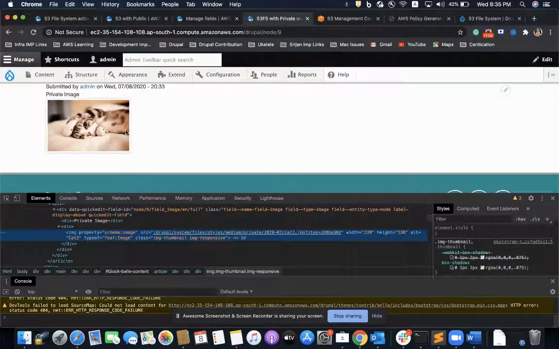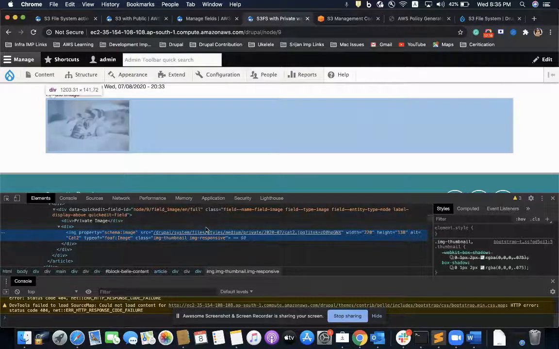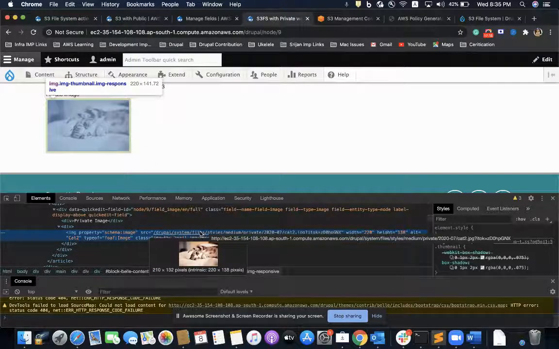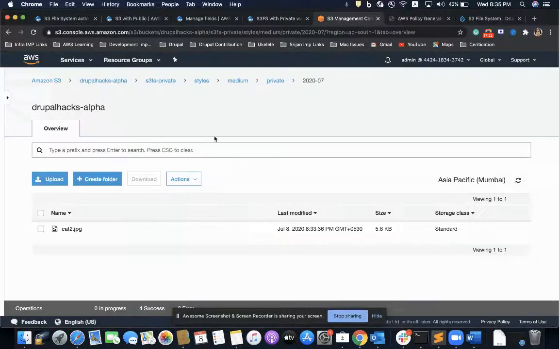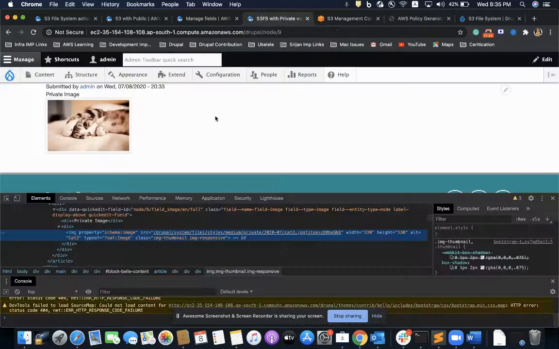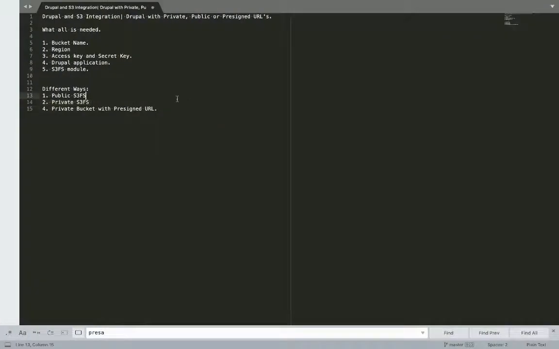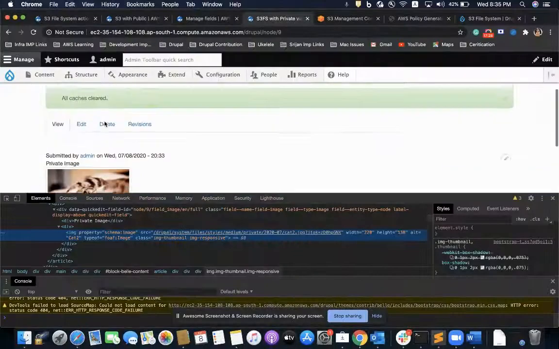So the advantage is that with the private file system, the user is not able to identify the actual location of the image. It is telling that it is coming from the Drupal file system, but actually the file is located at the S3 level. So this is also done.